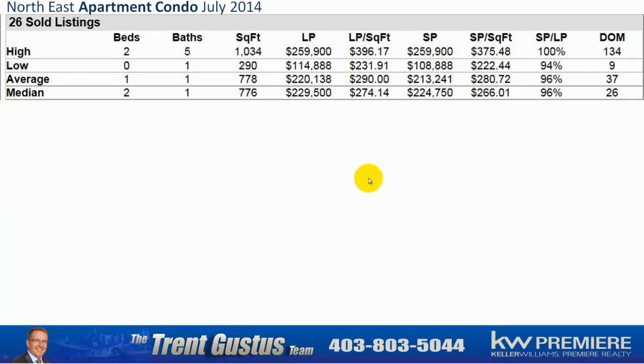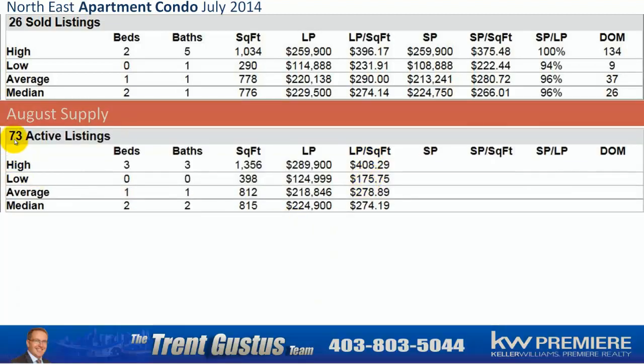Now we can look at the inventory supply. We can see 73 active listings. This is almost 3 months supply, which means that there's a lot of active listings for the buyers to look at up there. And the good news is that the pricing on what's left up there is not so bad, really. We compare the sales we had last month. They're actually asking less